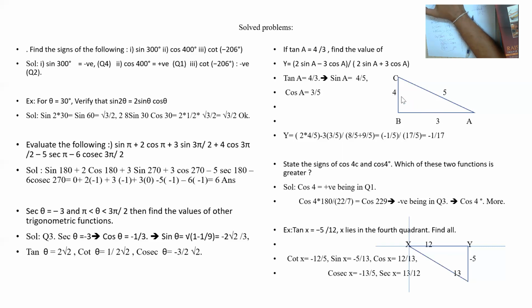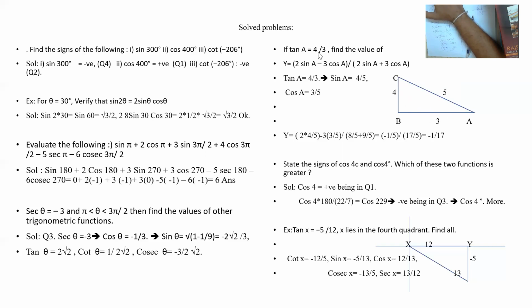So 6 square plus 8 square is equal to 10 square, 5 into 2, 10 square. Multiplied with 3: 9 square plus 12 square is equal to 15 square. Multiplied by 4: 12 square plus 16 square is equal to 20 square. So this is the fundamental. You multiply a common figure with all sides, it is all the same.